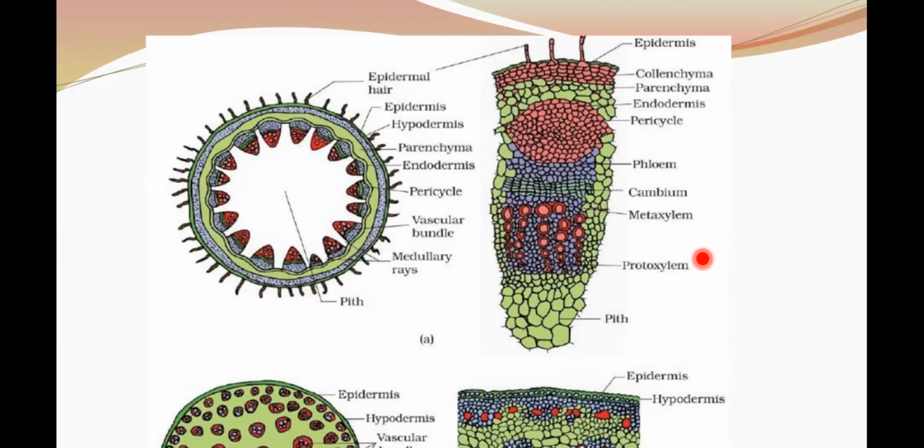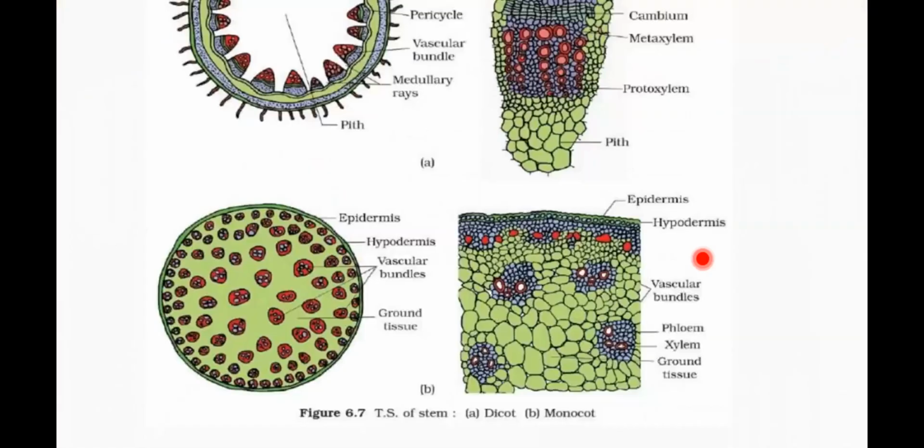Where are these medullary rays present here? Medullary rays are present in between the vascular bundles. There are a few layers of parenchymatous cells which ultimately constitute the medullary rays. A large number of vascular bundles are present in the form of a ring. Okay, and if you see the arrangement of proto and metaxylem, protoxylem is inside, metaxylem is outside, so the condition is said to be endarch. In both the stems, monocot and dicot, the condition is said to be endarch.